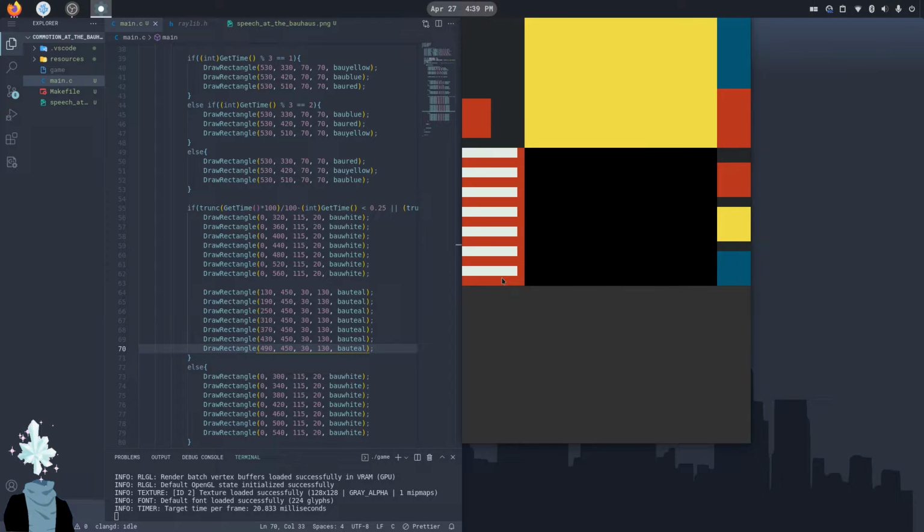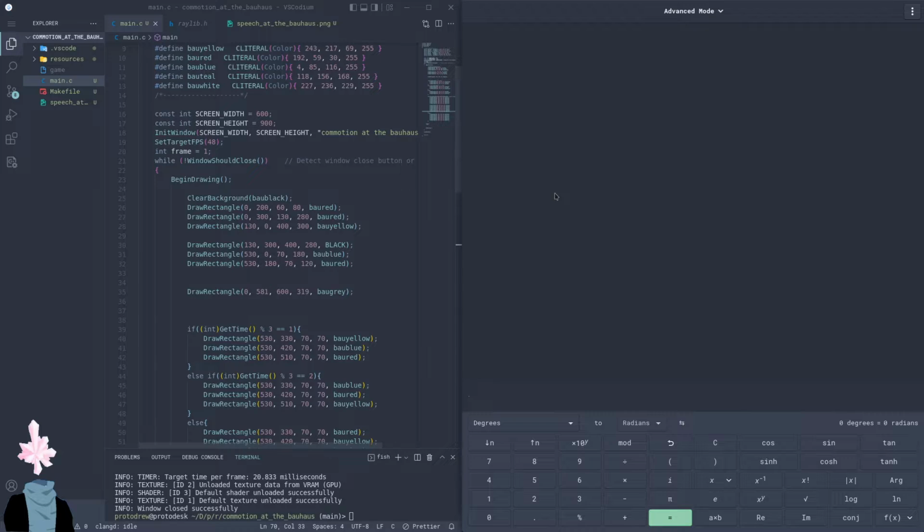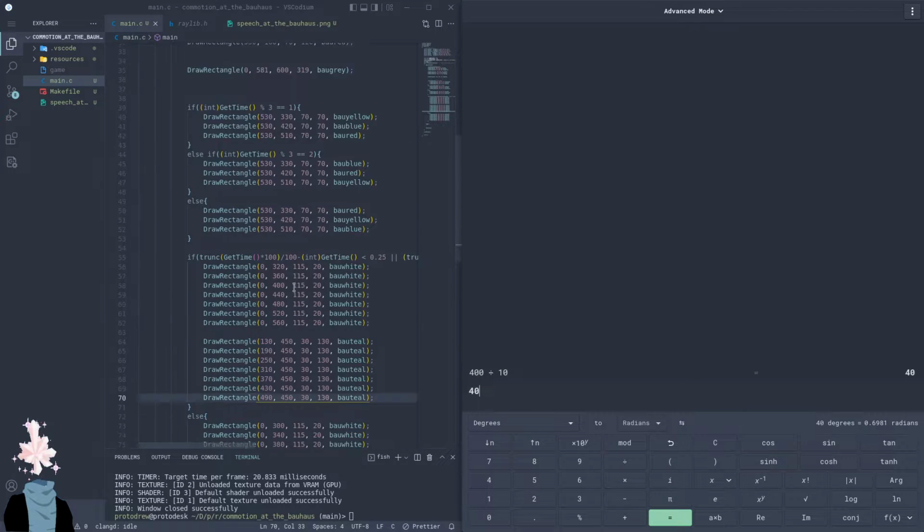Okay, let's actually do math instead of just guessing. So if it is 280 long. Oh no, it's 400 long. And we want like 5 on and 5 off, then we want to make it 40. Why was I thinking